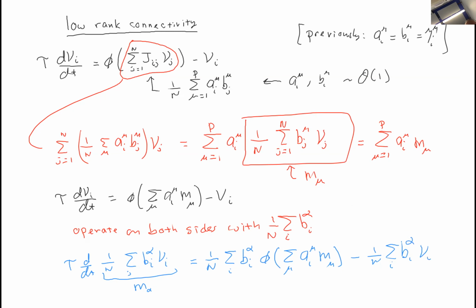And again, this is also m_alpha. Okay, so this is just a time derivative of m_alpha. This term stays the same except we do this sum, and this is m_alpha again. And so when all is said and done, we get